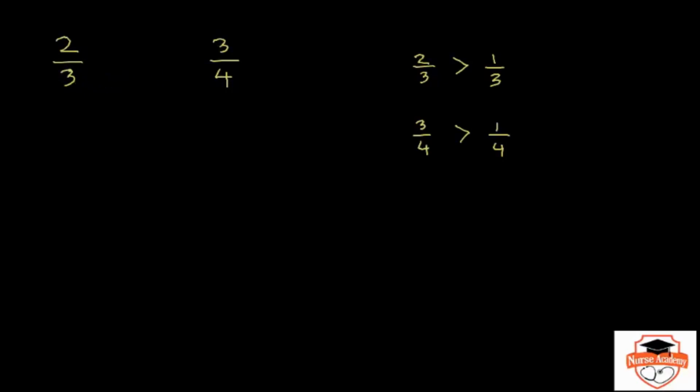So the LCM of 3 and 4 is 12. Our job is to rewrite 2/3 as something over 12, that is, use one of its equivalent forms in which 12 is the denominator, and because 3 can go into 12, we can do that. Similarly, change 3/4 to something over 12 and then compare. 3 times 4 is 12. You want to multiply the numerator with 4 as well,